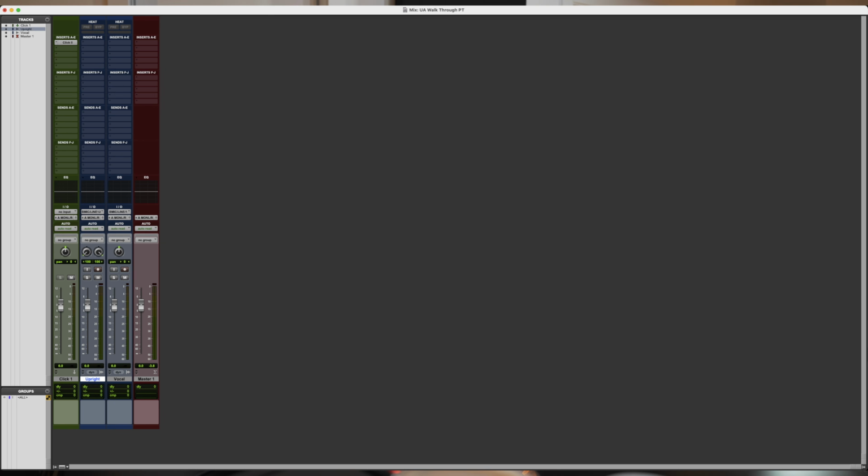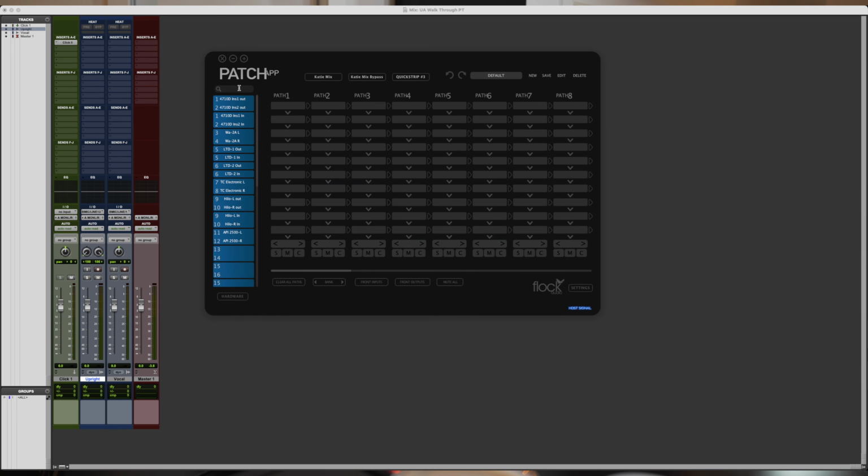So I'm going to go to my patch bay, so whatever patch you're using at that point. In my scenario, I use the Flock Audio patch, which I have a completely separate video walking through on how I'm using it. I'm assigning the Hilo outputs, goes into the SSL, and then it comes back